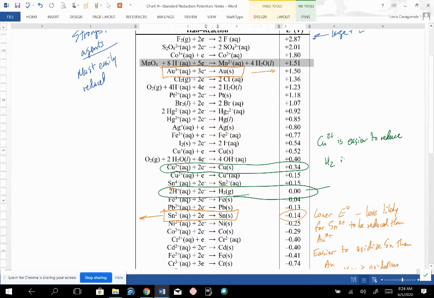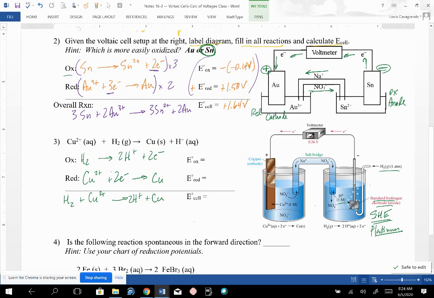H2 is easier to oxidize. And again, that's in the reverse direction. Now, we have a voltage of 0, negative 0 is still 0, so that isn't going to change sign at all. So let's go back to our notes and fill in an oxidation,